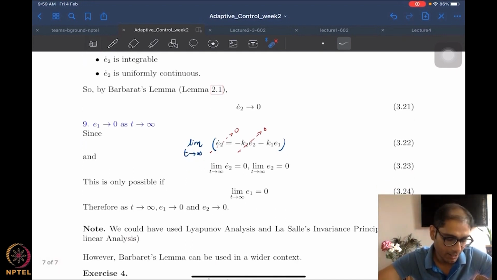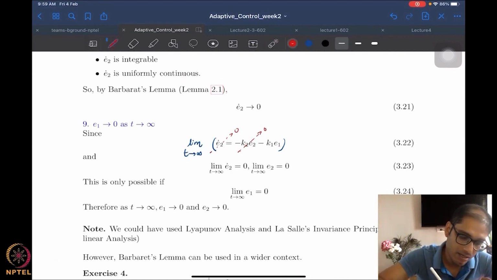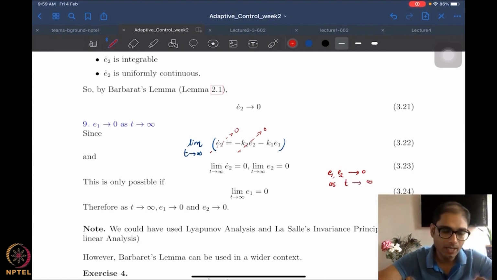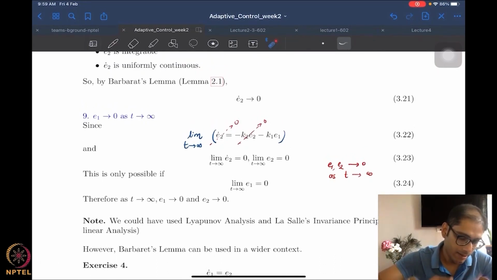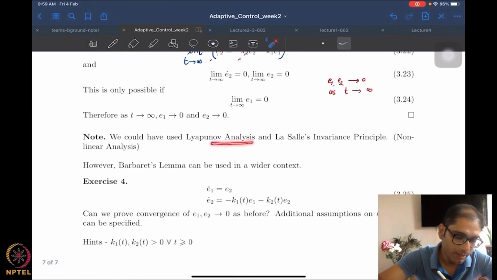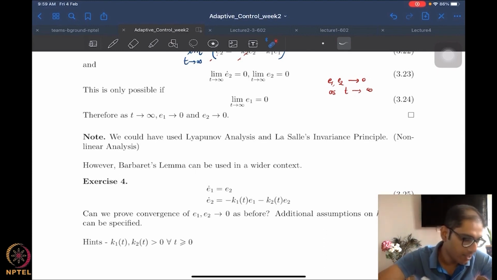Excellent. So as we planned, we've been able to show that E1 and E2 both go to 0 as t goes to infinity. Of course, we could have used Lyapunov analysis with LaSalle invariance. We've not done this yet. In this particular case, we could also have used Lyapunov analysis and LaSalle invariance. However, Barbalat's lemma can be used in a larger scheme of things. So it's well known that this will work